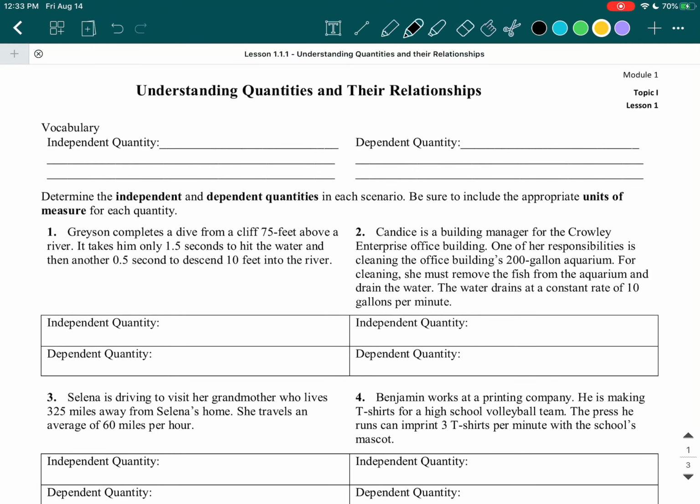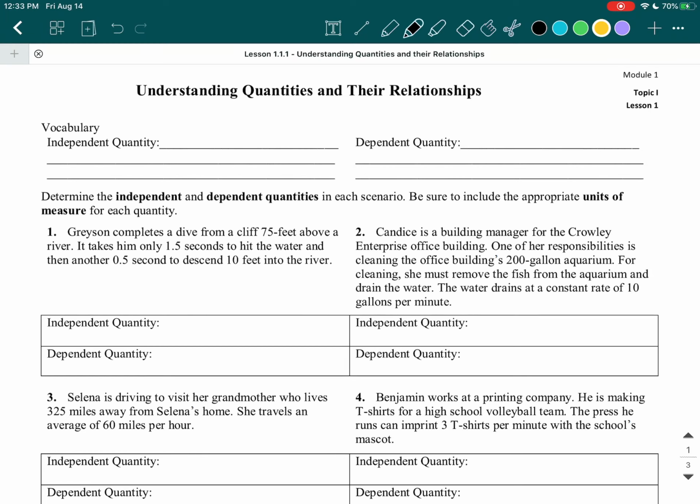Hi guys. So today our goal is to understand quantities and their relationships and be able to identify independent versus dependent quantities when given a problem situation. So that's what we're going to do today. We're going to go over a few problems and those two definitions, and then the rest of it will be